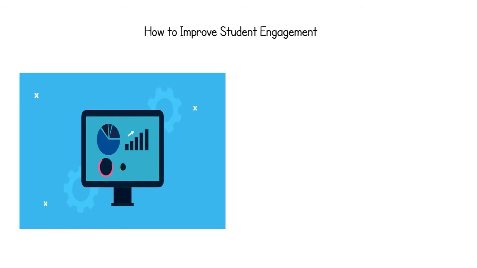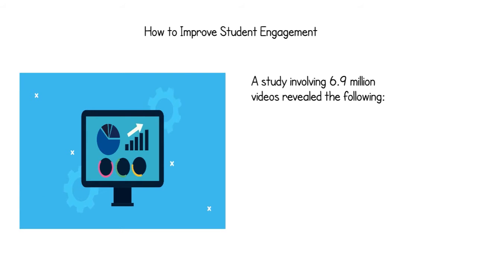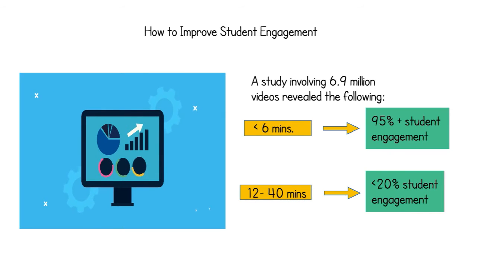A study involving more than 6.9 million videos revealed that videos that are shorter than 6 minutes almost have a 100% student engagement, whereas videos ranging from 12 to 40 minutes only have an average of 20% or less student engagement. In a different study, it was found out that in a video for laboratory setting,